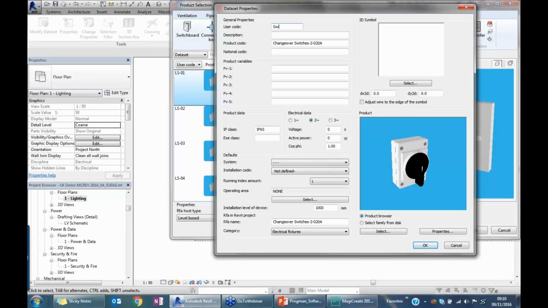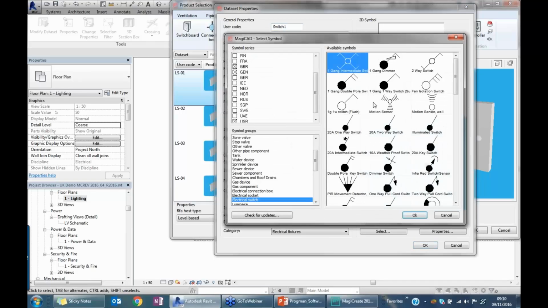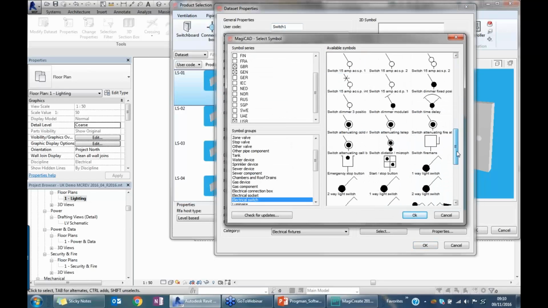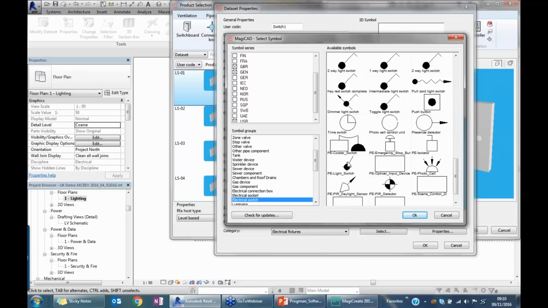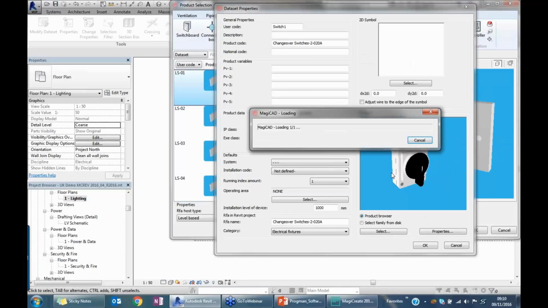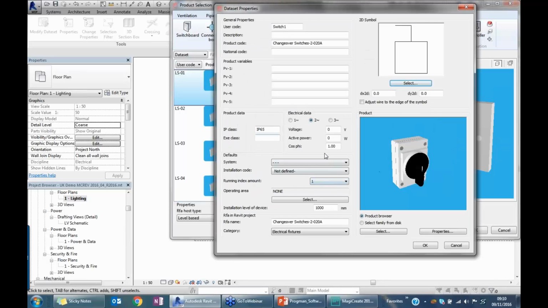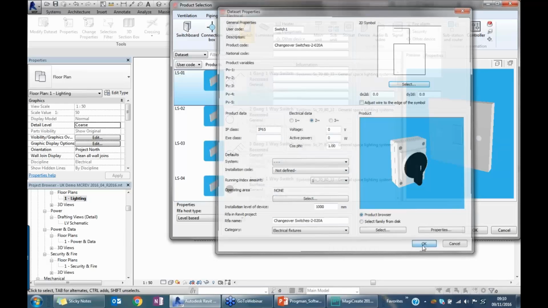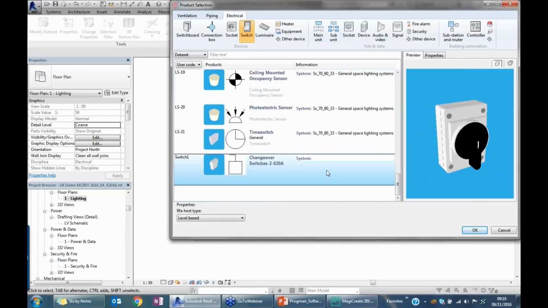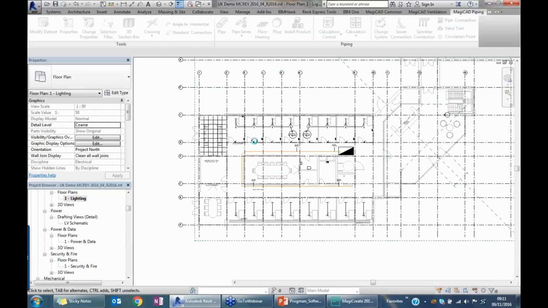So let's call it switch, give it a symbol, it doesn't really matter what the symbol is. And you can choose all the data as normal. I'm not going to do it now in the interest of time, but there's the switch, and then you can choose whether it's hosted or face-based. Press OK, and it creates the relevant